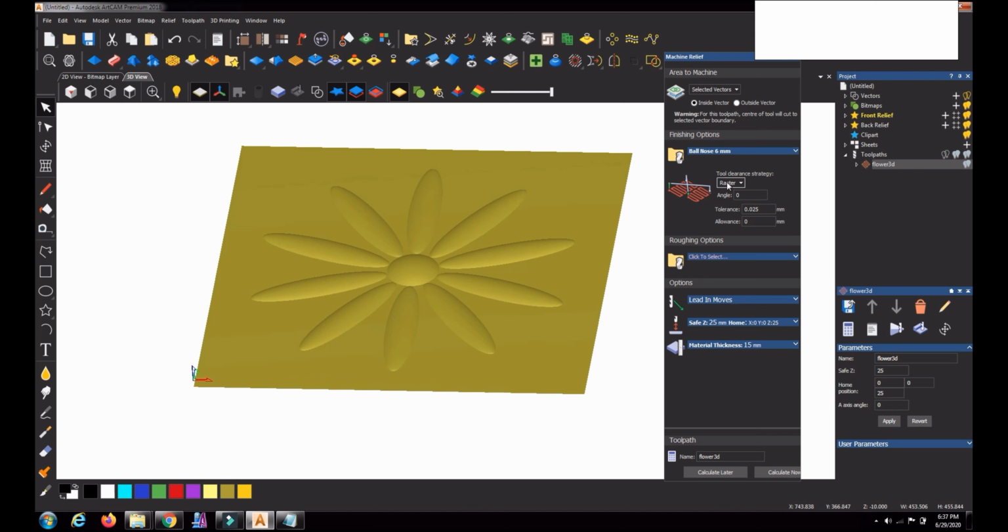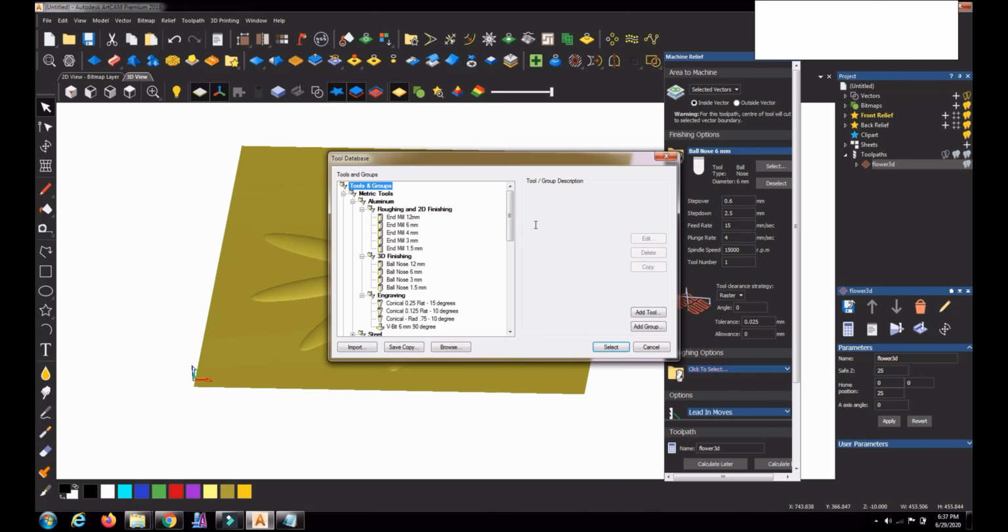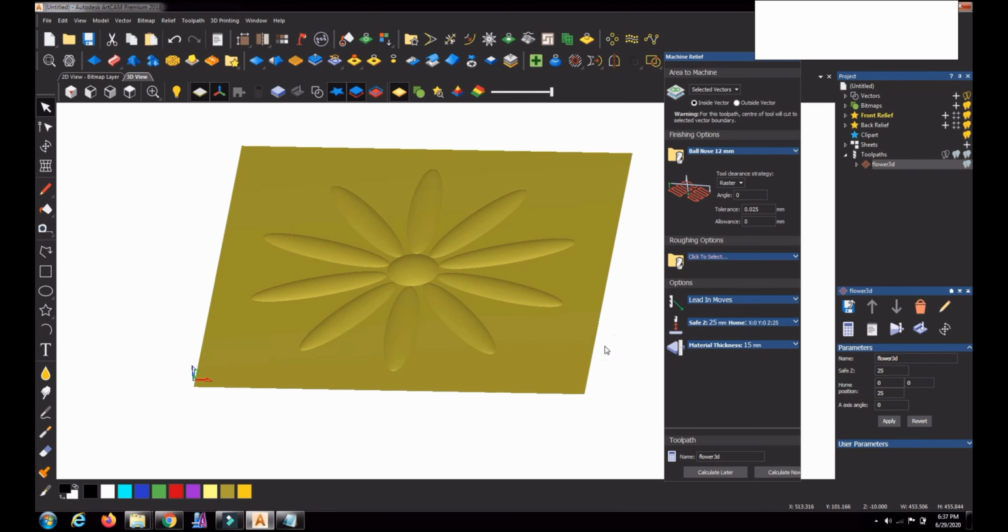So if I want to change the tool, suppose from 6 mm to 5 mm, I can select another tool, some 3 mm or 12 mm, you can increase the size. If the tool size is increased, the machining will be over faster, and the machining time will be less. Okay, select.